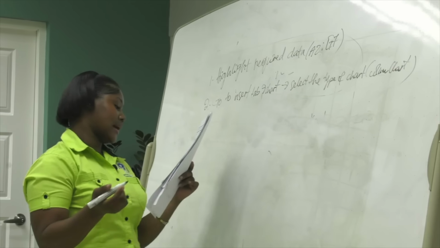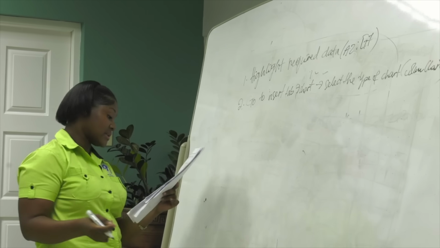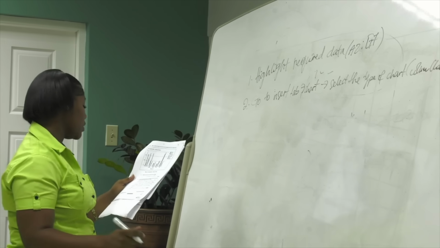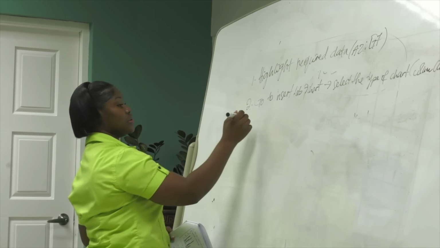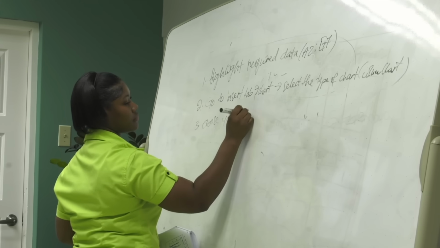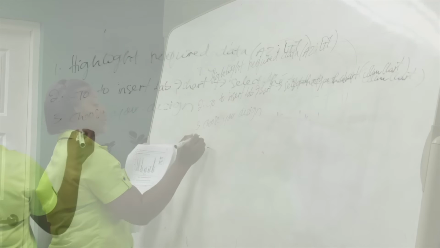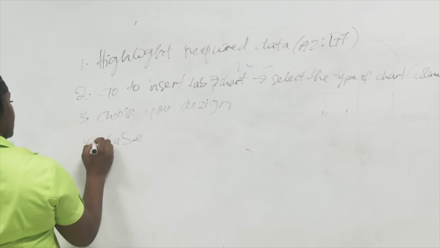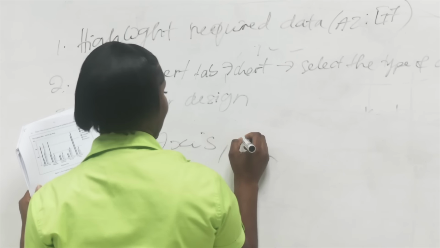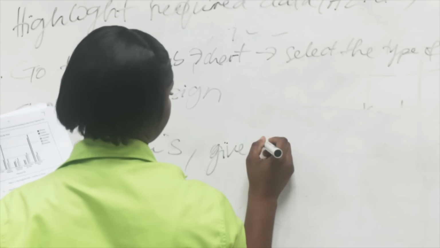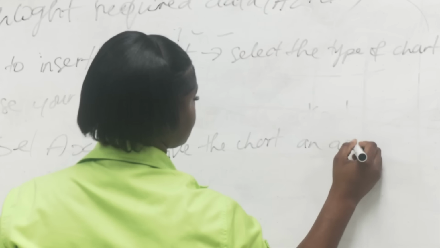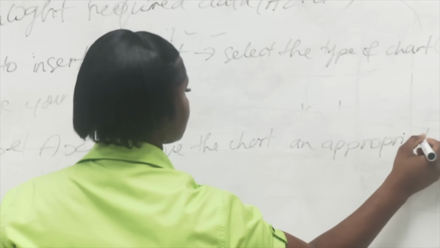All right? So after you've selected the type of chart that you want, you choose your design, whether it's 2D or a 3D design. You also label, right? So you choose your design, whether it's 2D or 3D, and you're going to label your chart. So you label your axis, and you give it an appropriate title,